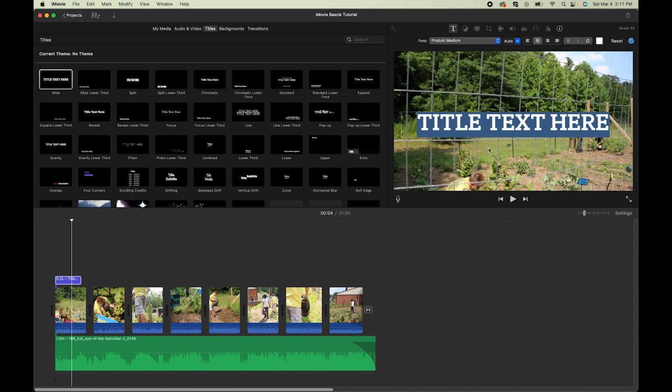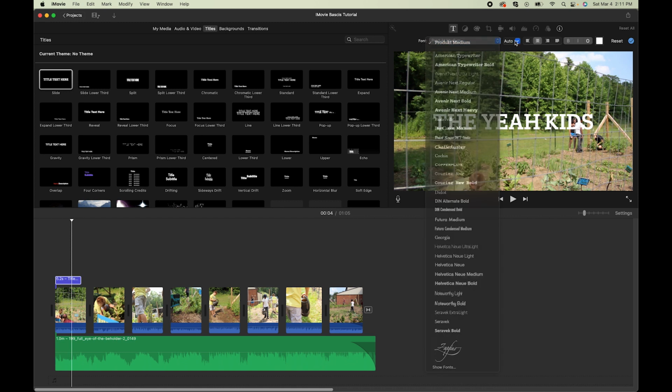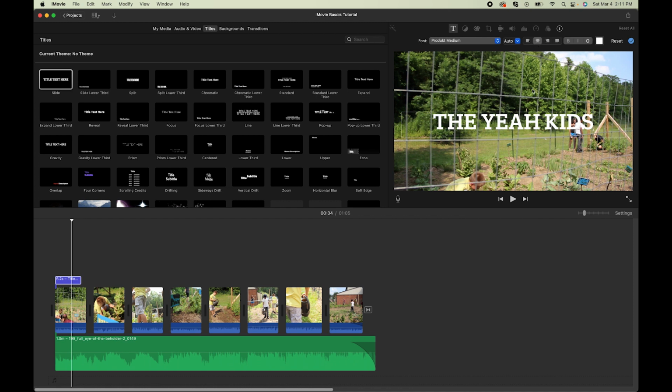So if I just highlight it over here in the playback window by triple clicking it, I can say, "The Yeah Kids." And then I can change the font, I can change the size, I can change its orientation, anything that I want. And then when I play that back,